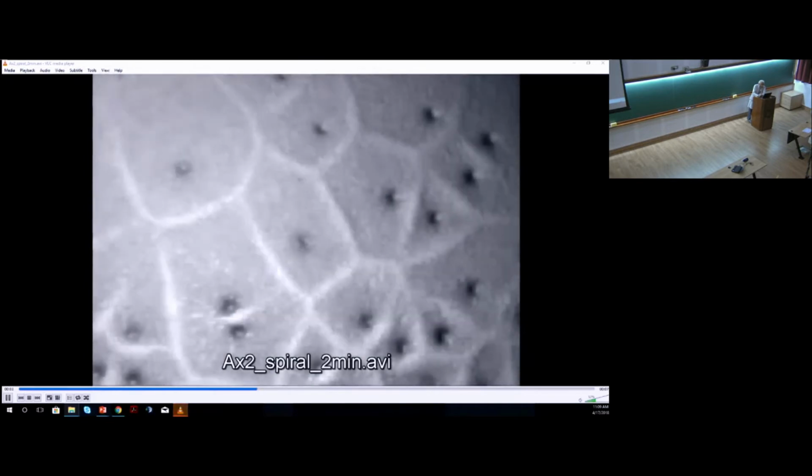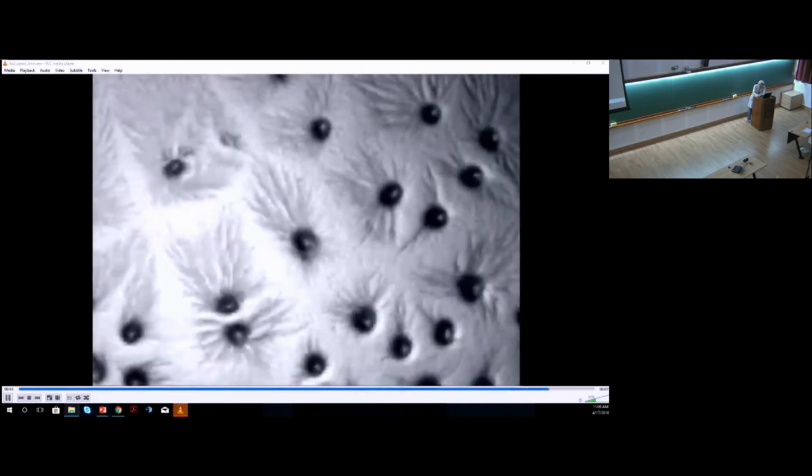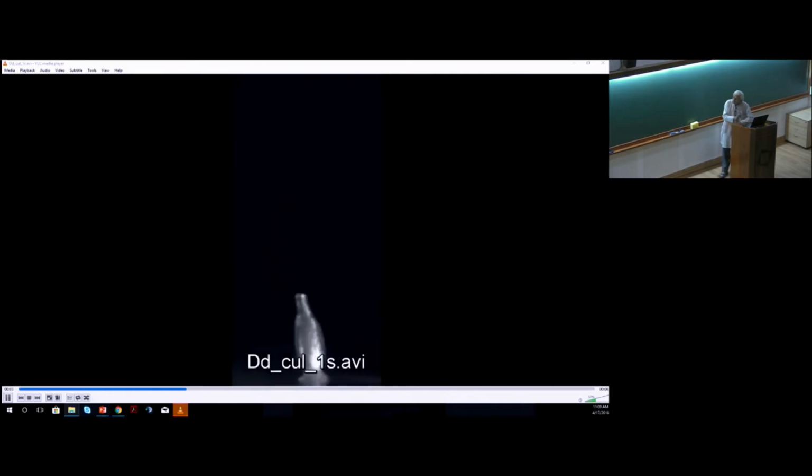And after the period of wave propagation is well underway, they also begin active movements towards common collection points. So this is aggregation. After aggregation, the entire mass falls to the ground and begins migrating. And what it does actually is not to migrate on the soil, but to migrate through the soil until it reaches the surface. And having reached the surface, it goes through this final step, which is to arise on top of the soil. So this is a rather nice example of self-organization within